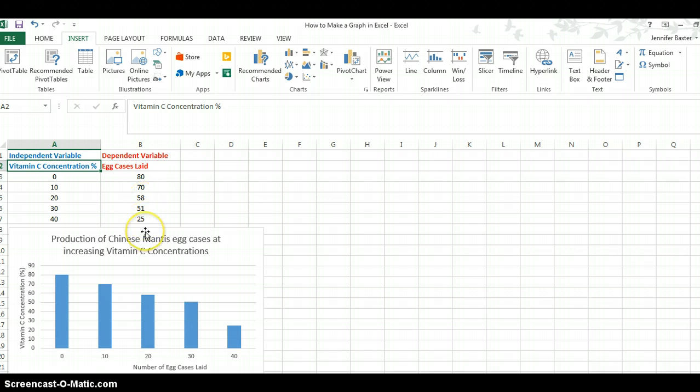The second column I have is my dependent variable, what I measured or observed, and I measured the number of A cases that were laid, and that goes into my second column. So how I get from this data right here into this nice histogram, I'll show you how to do that